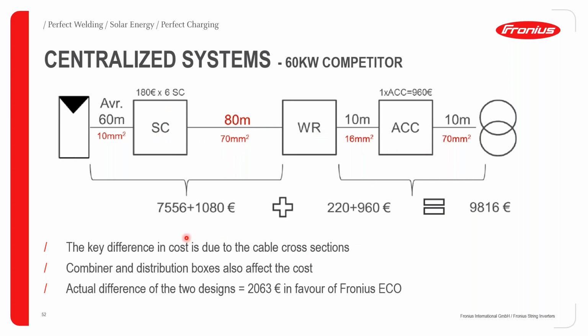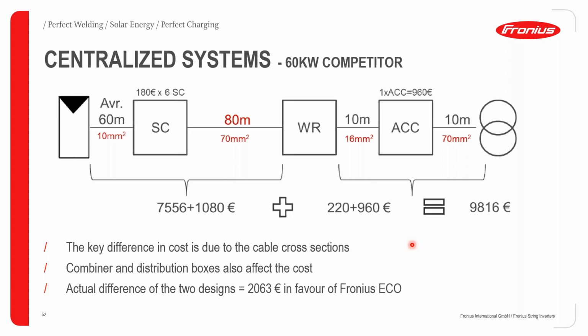So looking at the total summation of the DC and AC side with the 60 kilowatt inverter, we are looking at 9,816 euros. So the key difference here in cost would be due mainly to the cable cross sections that are used. Also, if you look at the combiner boxes and the distribution as far as the AC side is concerned, these are also having an effect on the actual cost of the balance of system component as far as cabling